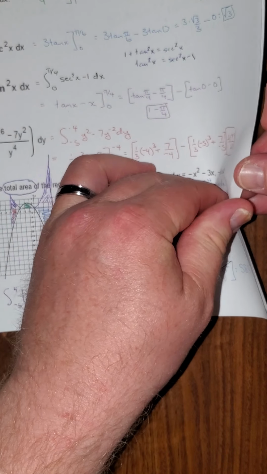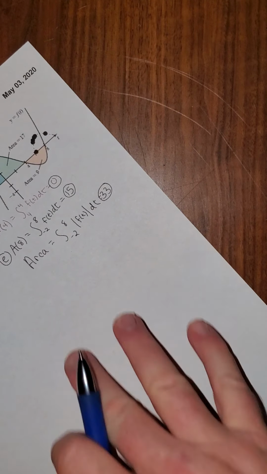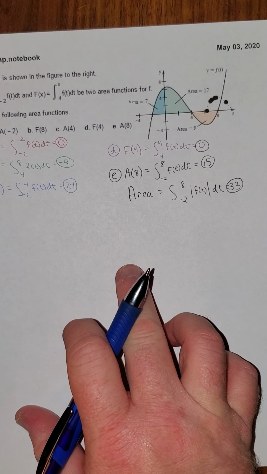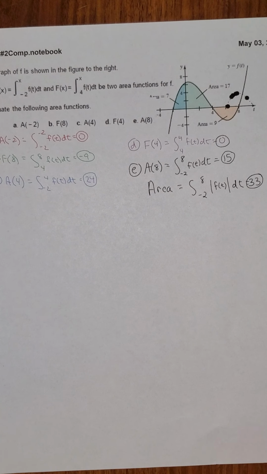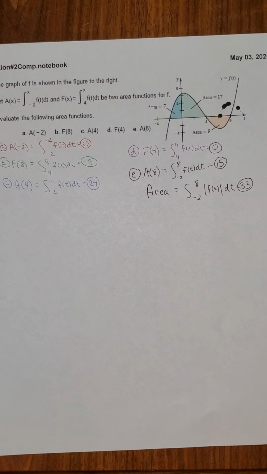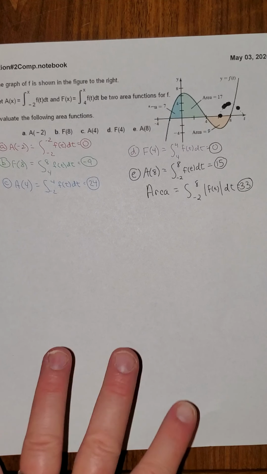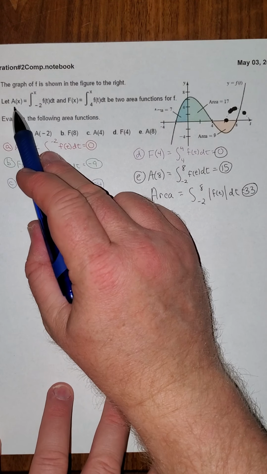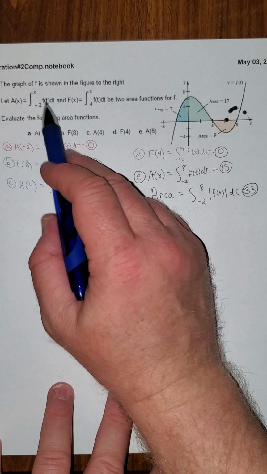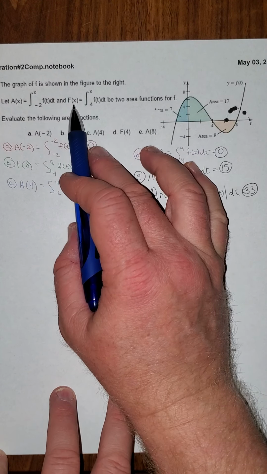One more page here. Let me zoom out a little bit so you can see the whole problem. Hopefully you've printed this out. That will help. A of x is the integral from -2 to x of f of t dt. Capital